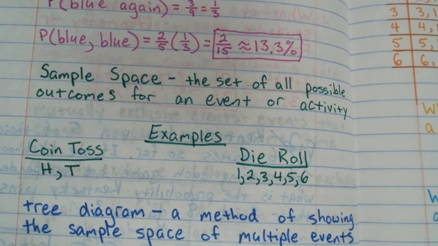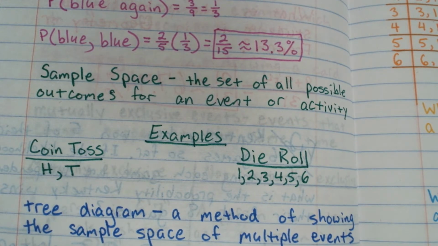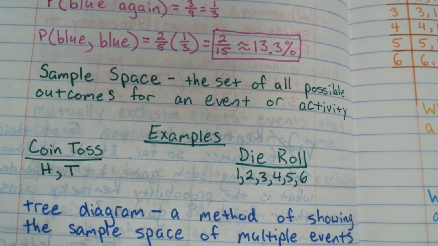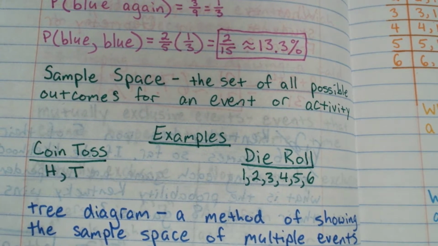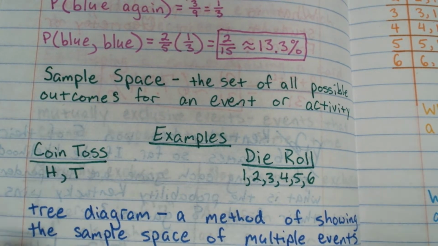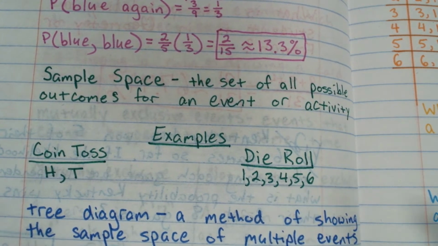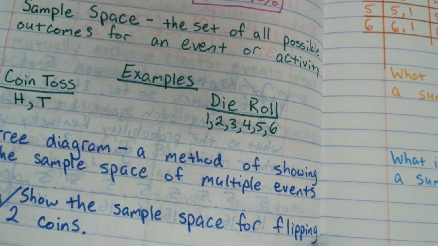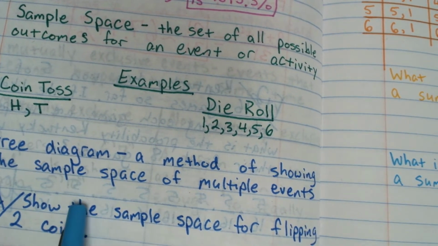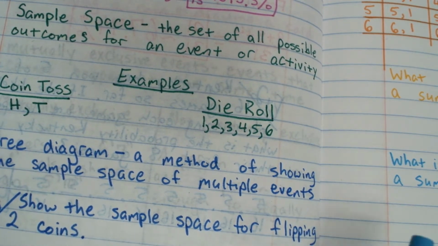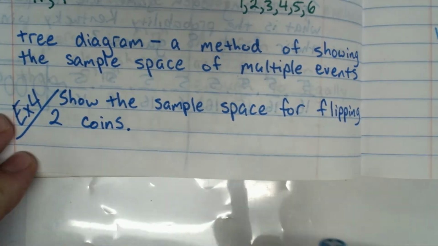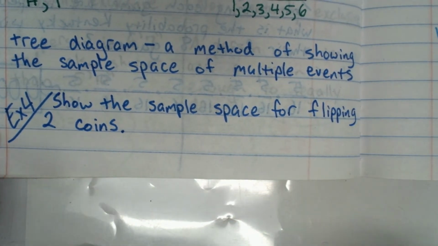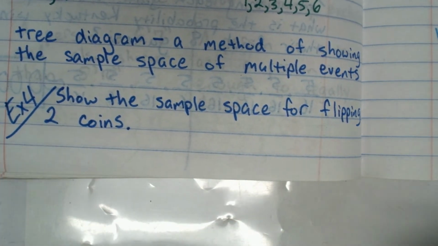So a couple of quick examples: for a coin toss, there are two elements in the sample space, heads or tails. When you roll a six-sided die, there are six elements in the sample space: 1, 2, 3, 4, 5, or 6. The tree diagram is one method that you can use to show the sample space of multiple events. So for example, in example 4, if we wanted to show the sample space for flipping two coins,